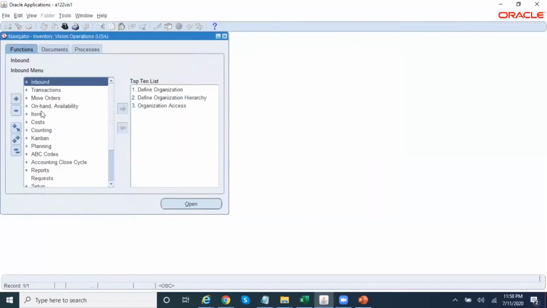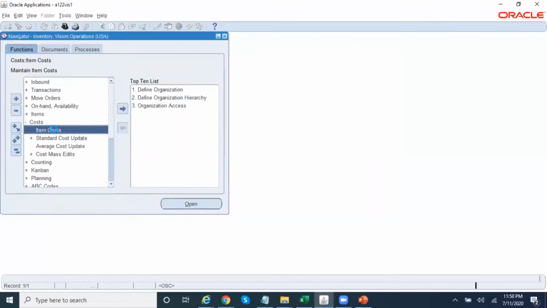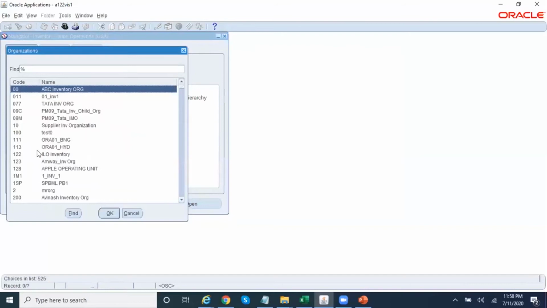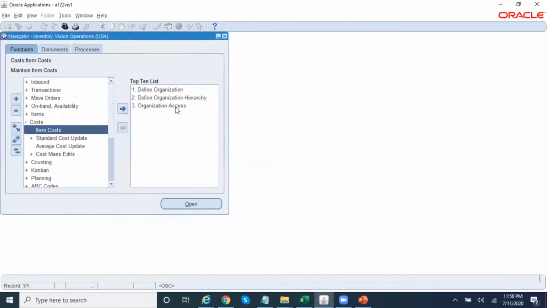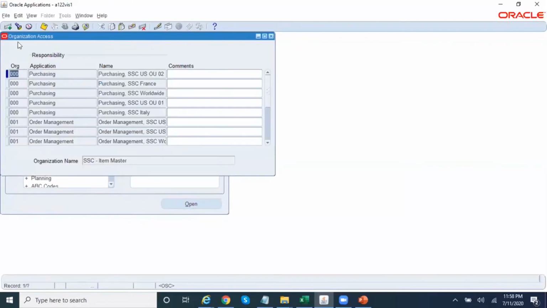Similarly, if you go to, say, item cost, it shows only those inventory orgs which are assigned to this particular inventory vision operations responsibility. So now let me assign the M1 inventory org.